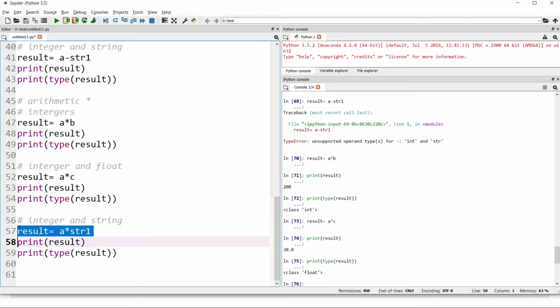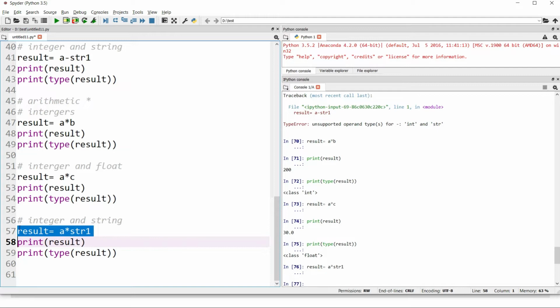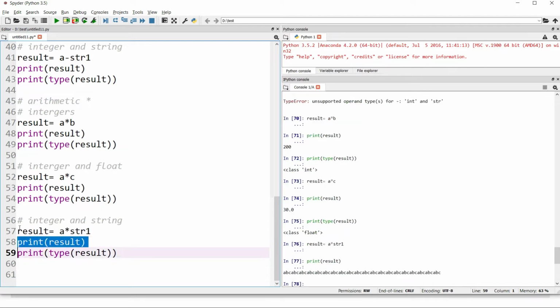So what do you think? Will it successfully run or not? Let's find out. So voila, it's running successfully. And the result is something like this. I'm sure this is something new to many of you. What it has done is, it has replicated your string n number of times.